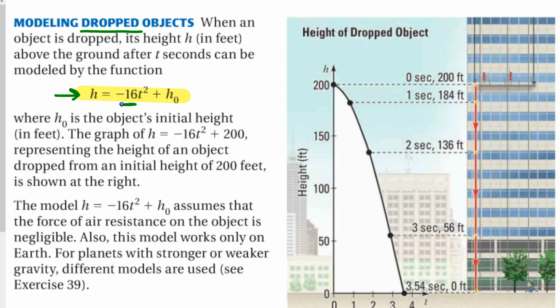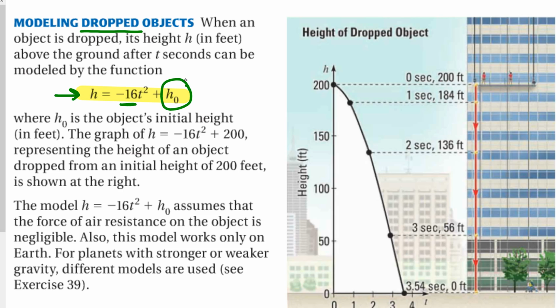Now, the number that's in here, negative 16, has to do with the acceleration due to gravity, which would be negative 32 feet per second squared, and that number is half of it. H naught, the h with a little 0, is the object's initial height in feet. That means the height at time 0. The graph